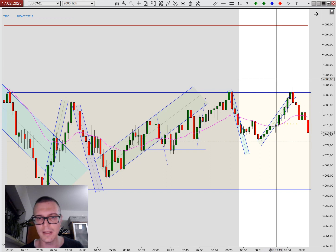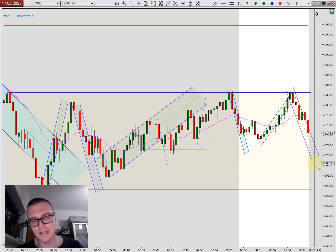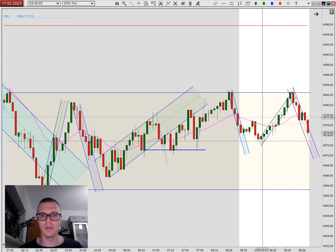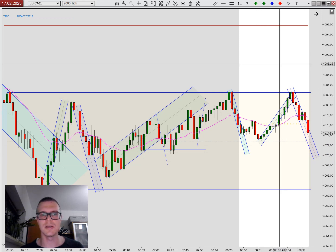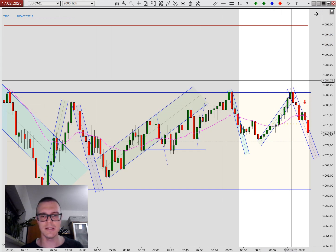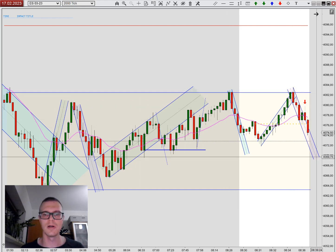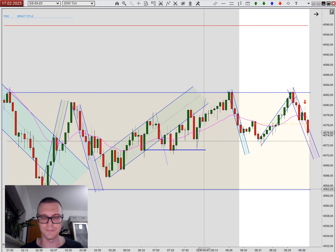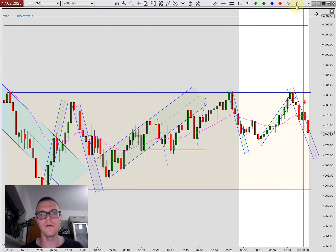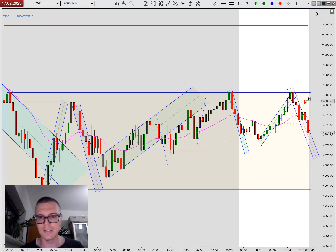And we get the lower high here. So this is a very interesting setup. Also, you can see this channel here in play, trending lower here. And yeah, I think this setup here is worth to take because we bounced off this range resistance here. And what's typical for ranges, once prices bounce at the top, we go and test the other side of the range. So I'm very fine in taking this lower high here,